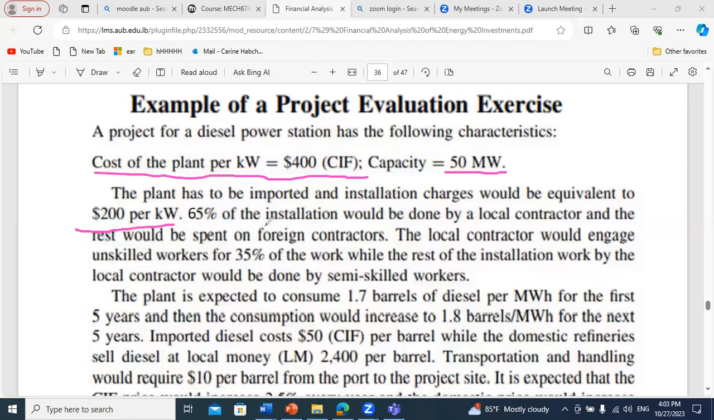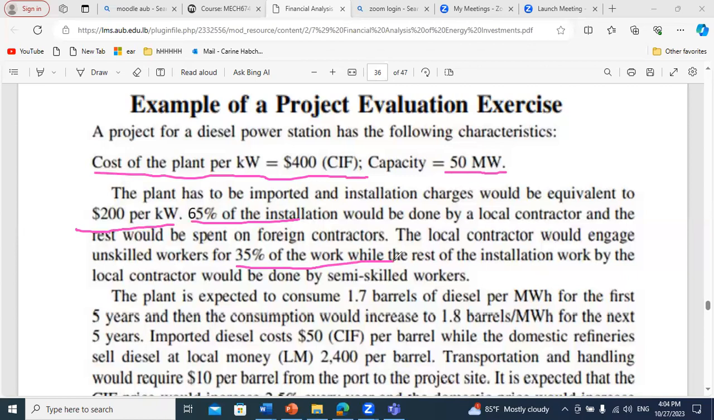65% of the installation would be done by a local contractor, and the rest would be spent on foreign contractors. The local contractor would engage unskilled workers for 35% of the work, while the rest of the installation work by the local contractor would be done by semi-skilled workers. We'll see that for each sentence, we should pay attention to each piece of information because we need this to find the